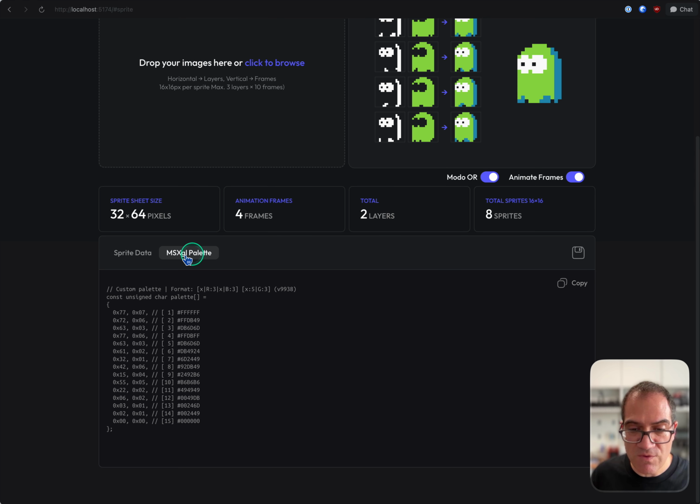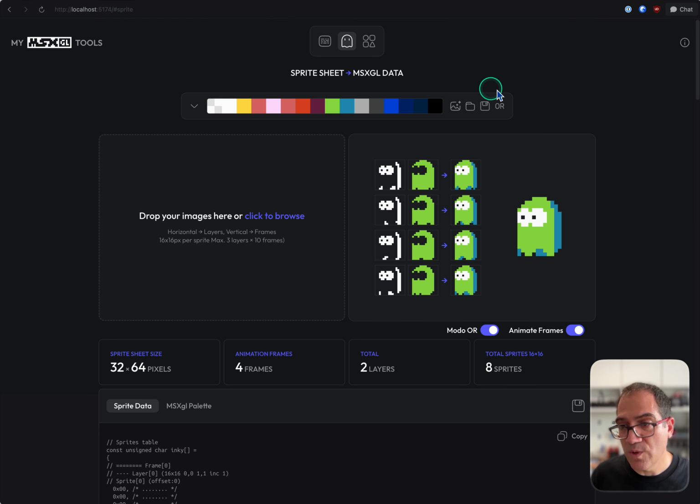And the same, we have the palette here, the same palette, if we want to export it. Anyway, we can save the palette directly here. And then the third tool is actually,